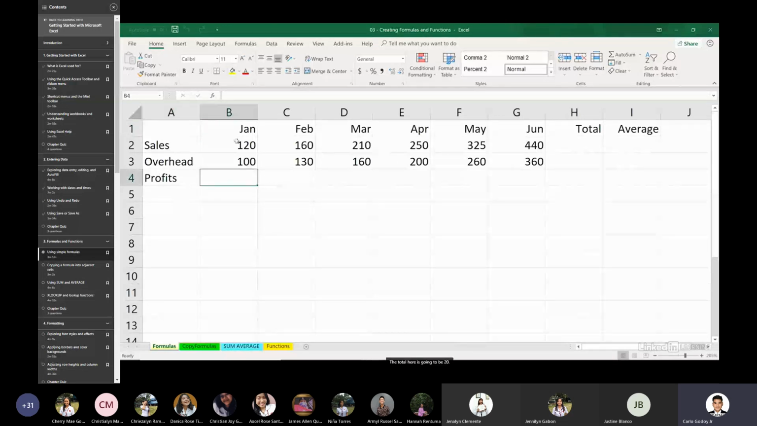The total here is going to be 20. We're going to be subtracting these two cells. But we don't type 120 or 100. All formulas in Excel begin with the equal sign. And although we can occasionally and want to use external numbers, most of the time we use addresses. We want to say, in effect, whatever is in B2,